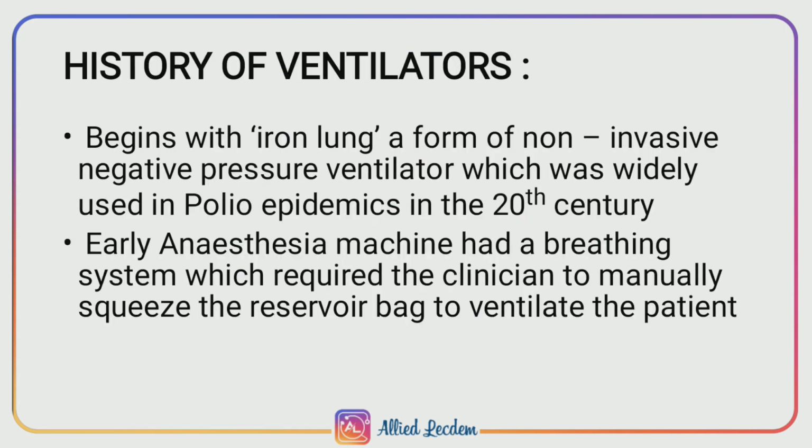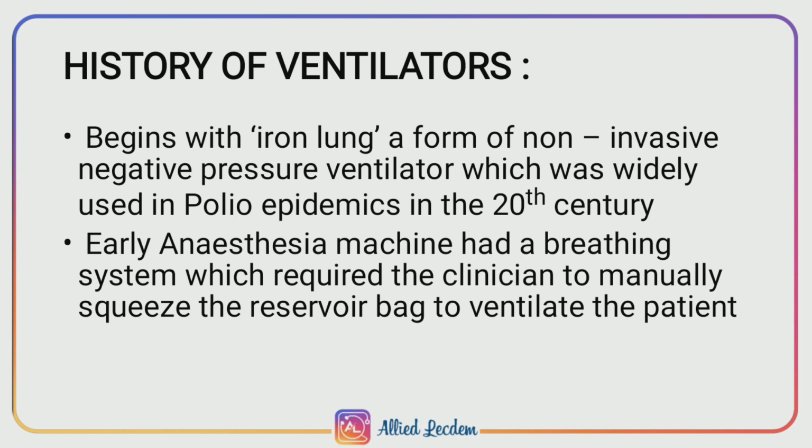History of ventilators. During the 20th century, there was a polio outbreak where many patients' lungs were paralyzed by that disease. The ventilator which was initially used at that point was the iron lung. An iron lung was a rectangular metal box in which the patients were placed with only their heads protruding outside. Their body will be inside the chamber. Air pumps from two vacuum cleaners change the pressure inside the box by pulling air in and out of the lungs.